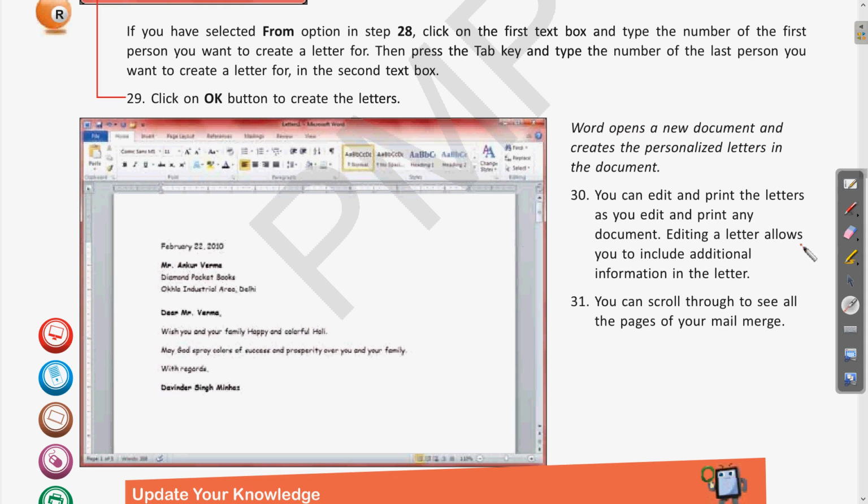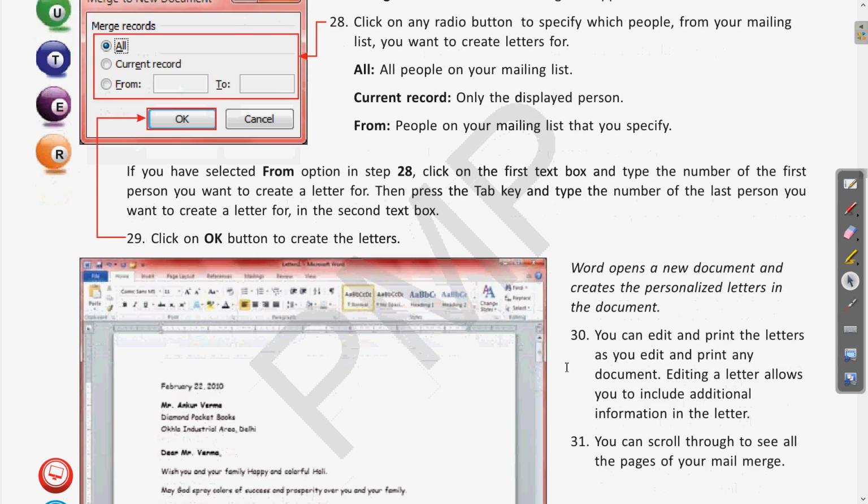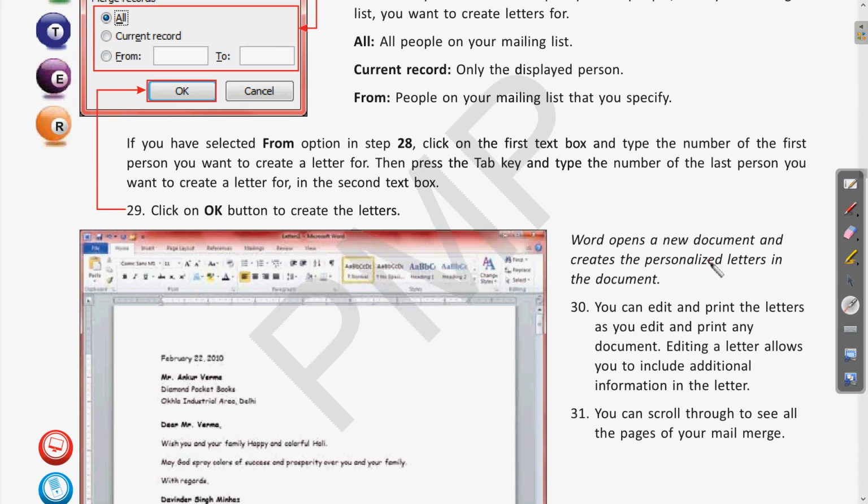According to the option you have given, either all or the current record, the document will be created. So you can edit and print the letters as you edit and print any document. Clear? Editing a letter allows you to include additional information in the letter.